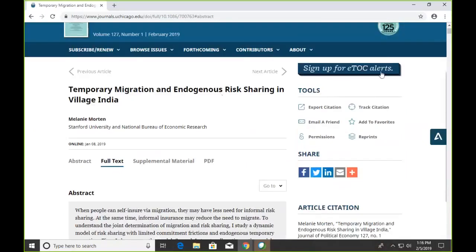Over here on the right, you can see another bar for signing up for eTalk alerts, and then some user tools. You could export citations. You could email this article to a friend. There's info on permissions. You could also track a citation. So if you click this button,